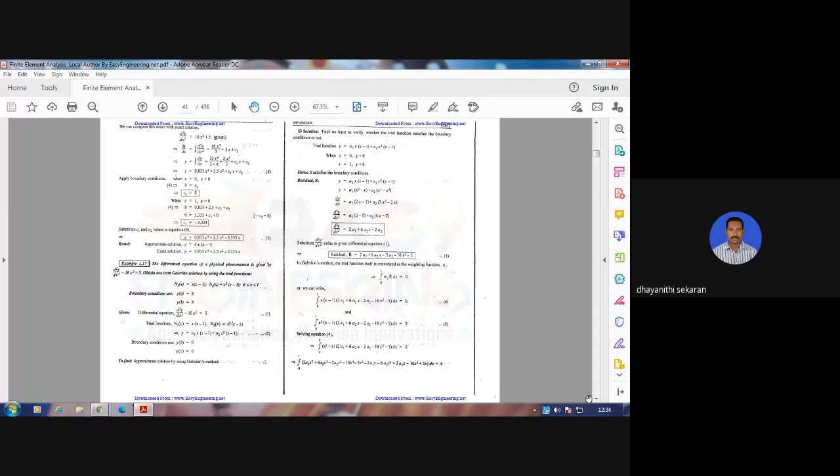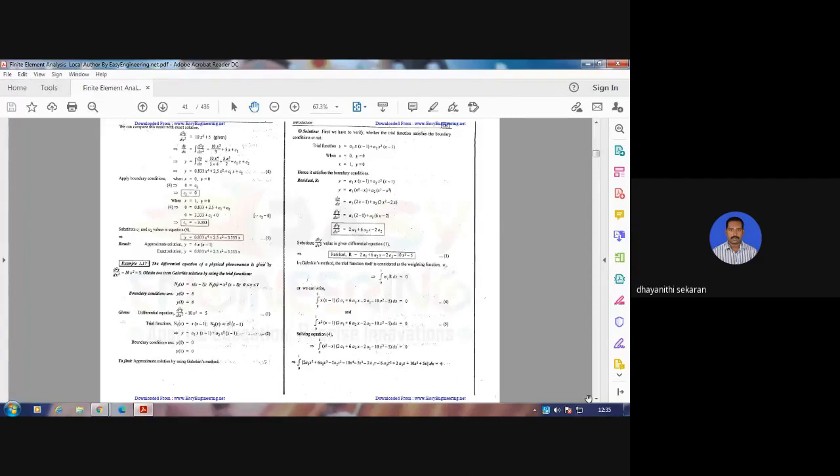Okay, I think we completed d squared y by dx squared plus y equal to 10x squared plus 5. We need to differentiate first, integrate it, then we'll get the values C1, C2, then substitute in that equation to get the final solution. Okay,